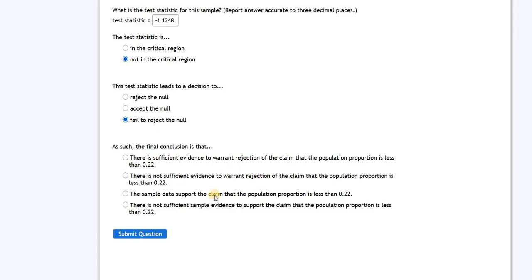So let's read which one of these conclusions is correct. There is sufficient evidence to warrant rejection of the claim. That is not the language we use. It's either we have evidence to support the claim or we don't have evidence to support the claim. We do not use the rejection word in the conclusion. Same reason, we're going to eliminate the second option. There is not sufficient